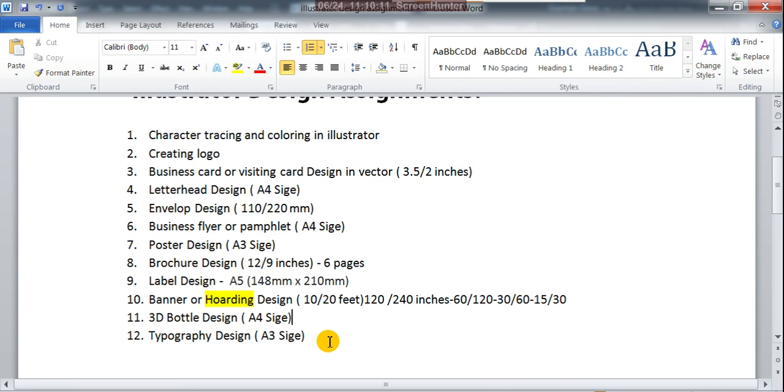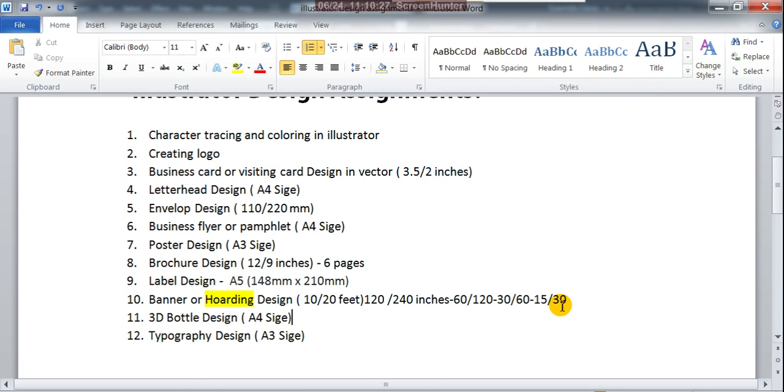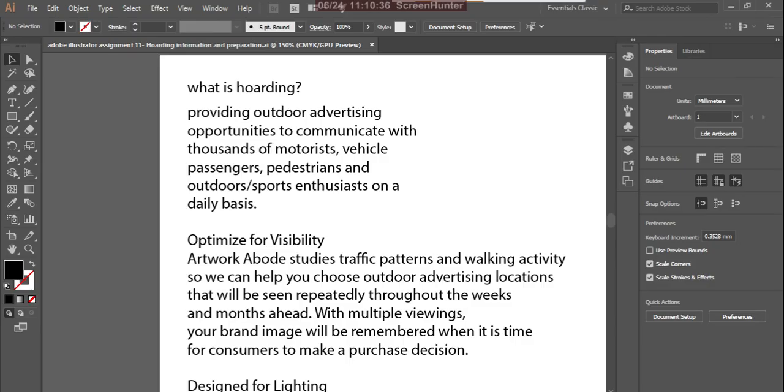Then you can save it in JPEG or PNG file. Sometimes you can save it in PSD files also. The same file you can open in Adobe Illustrator within the 15 by 30 size, and you can use them. Then do the final design. All this I'll explain tomorrow. This is simple, the hoarding information and preparation for the hoarding.